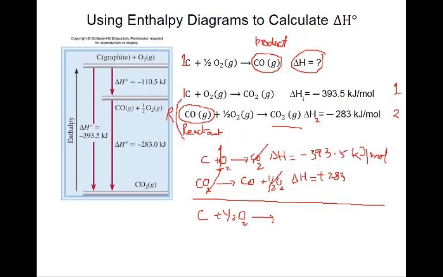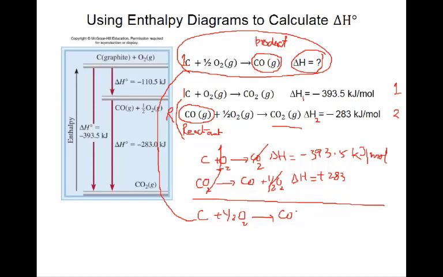changes to carbon monoxide. So this equation is exactly equal to your equation. It's completely equal to it. If it is equal, it means you are right. Your answer is correct. So the delta H will be equal to minus 110 kilojoule per mole. So in this case we simply reversed equation number 2 to calculate this delta H final.